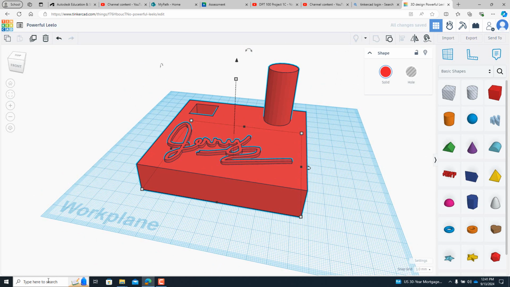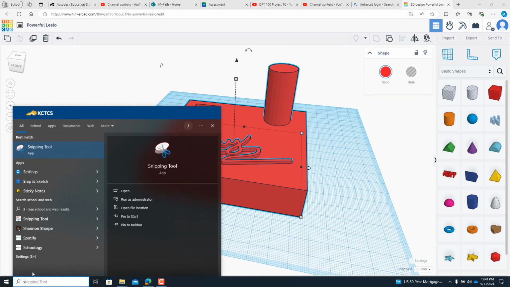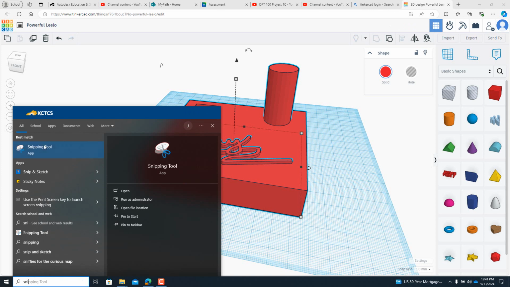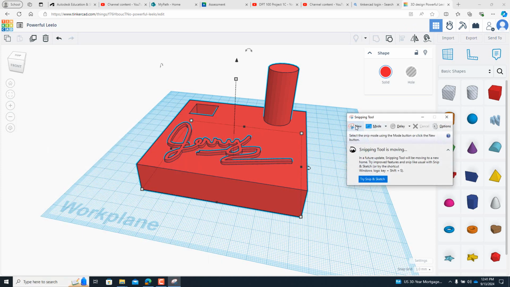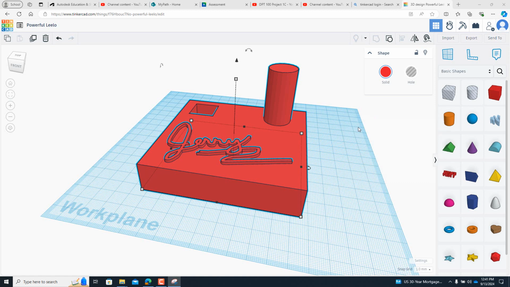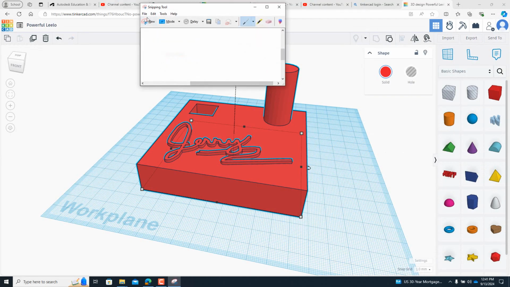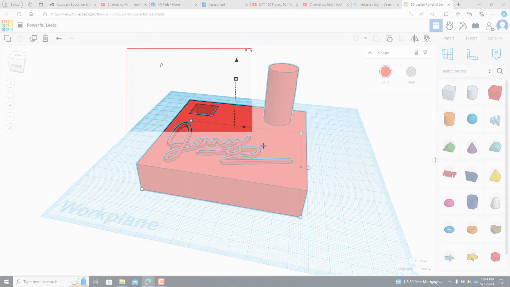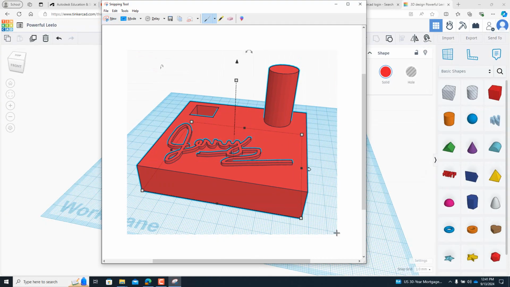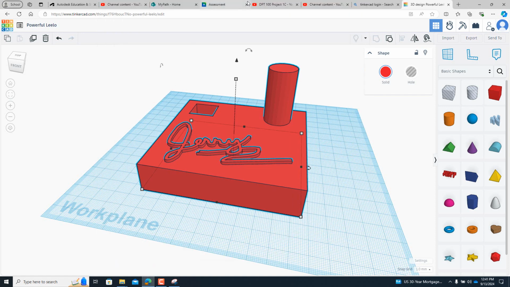What I want you to do is down here, just type in snipping tool. Snipping tool's awesome because you can take a picture of it. Once you hit new, you're going to take a picture of this for me. That wasn't a good one. So new again, get over here, take me a good picture shot of it, and of course in your blackboard, you're going to put this on a Word document for me. You're just going to paste it on, and then you're going to send it to me